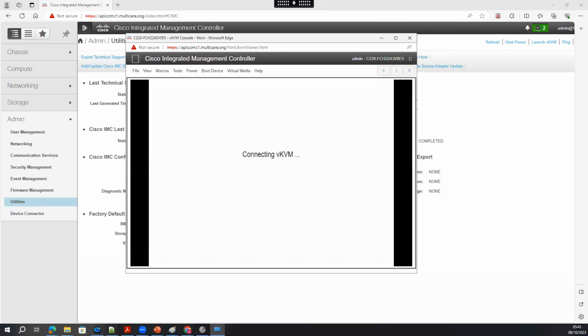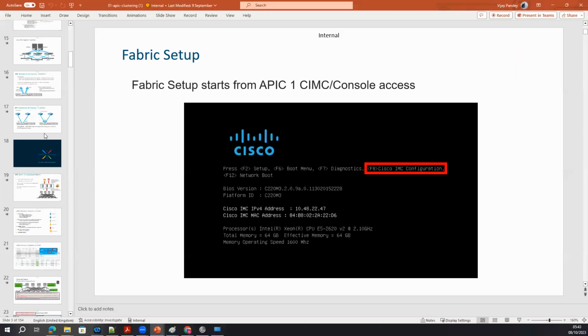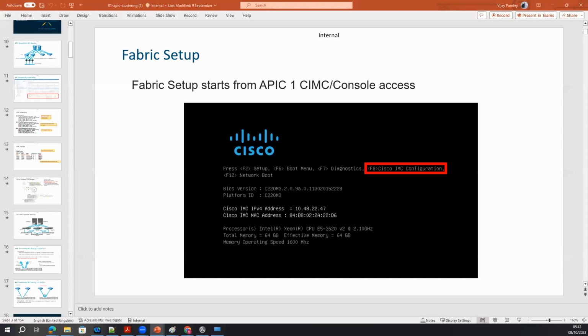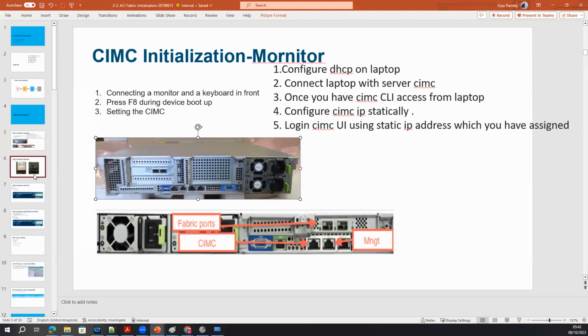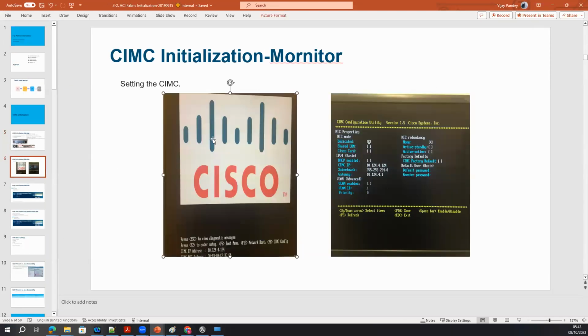If I go to my theory part now, once you connect, this is the CIMC interface using the monitor. If you are using a monitor, you do not need a laptop, you can simply connect it and press the F2 button on your keyboard.